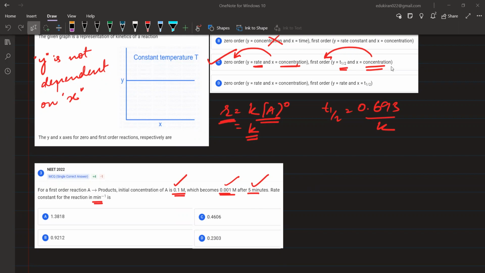Sir, I use k equals 2.303 by t, log of initial concentration by final concentration. Initial concentration is 0.1. What can we write 0.1 as? 10 to the power of minus 1. So 10 to the minus 1 upon 10 to the minus 3. So this would be equal to 2.303 divided by 5 into